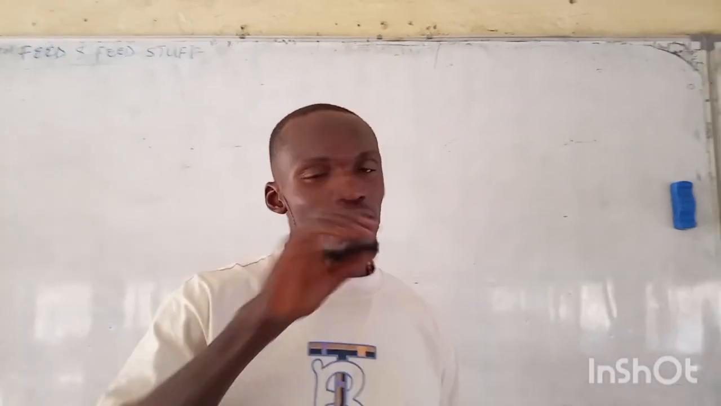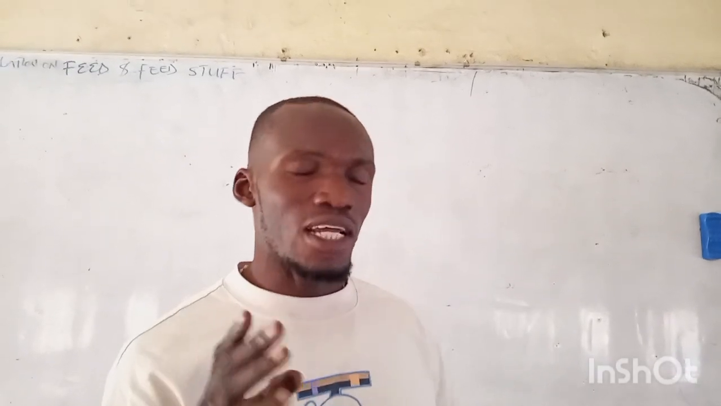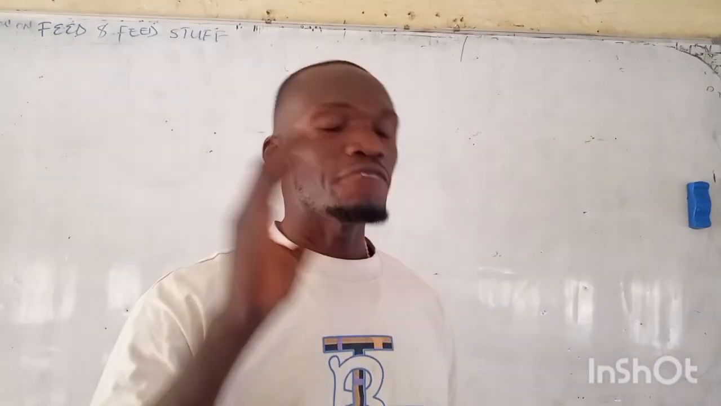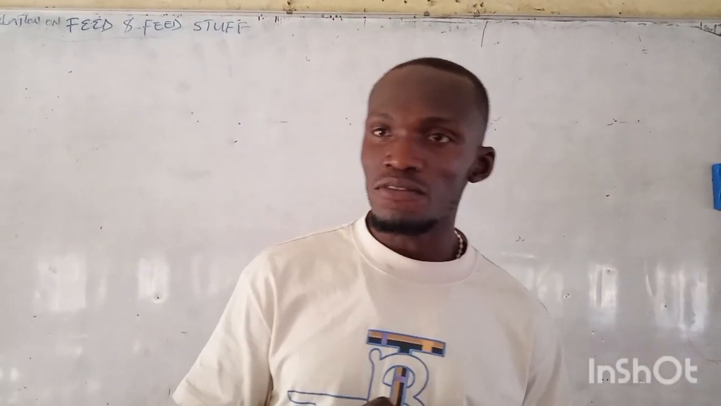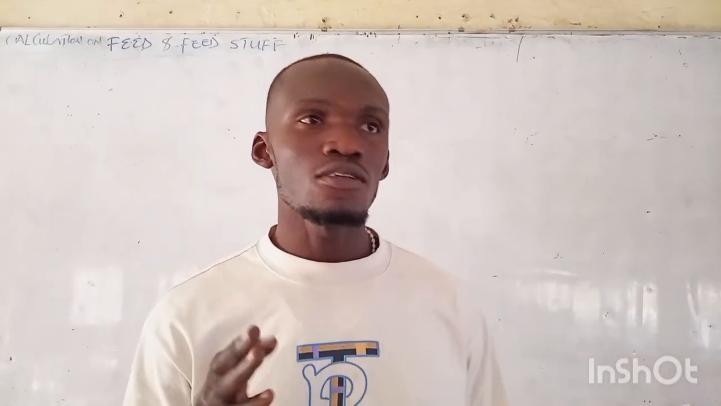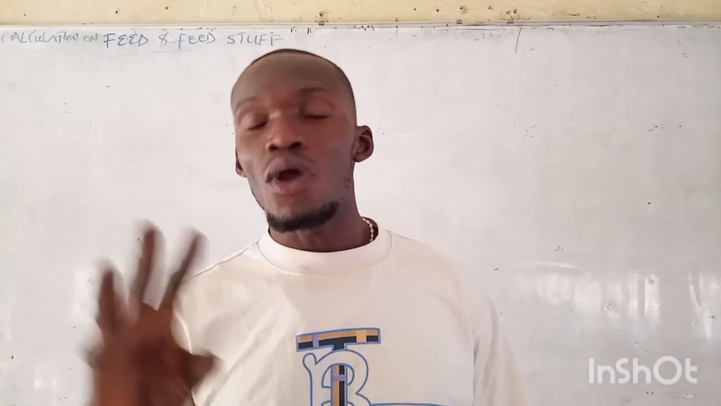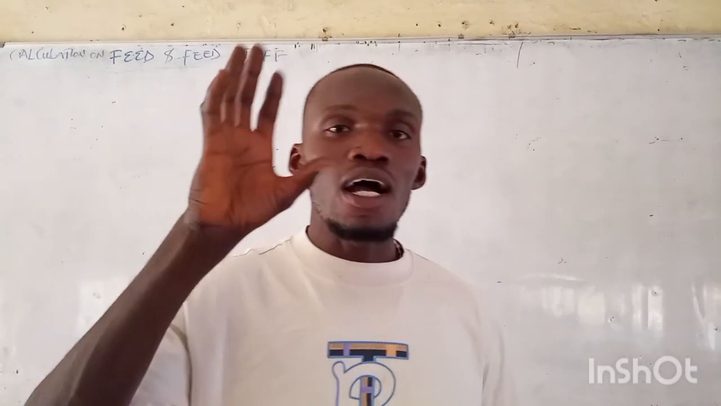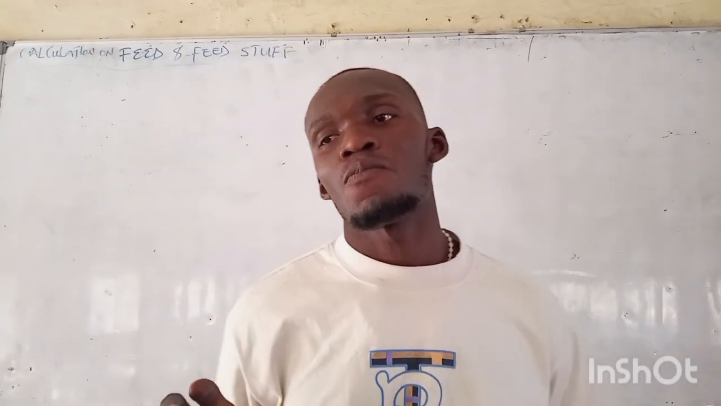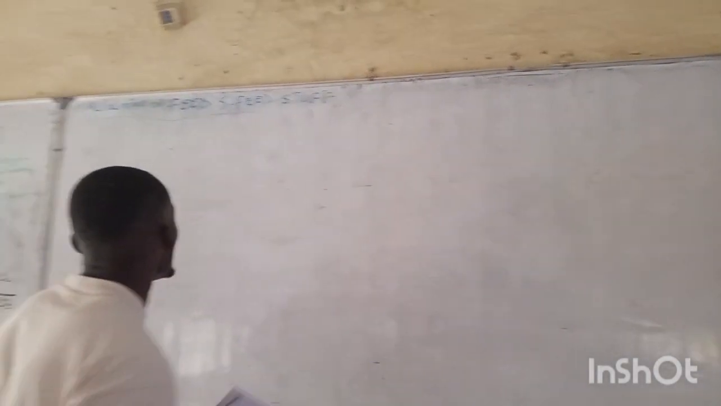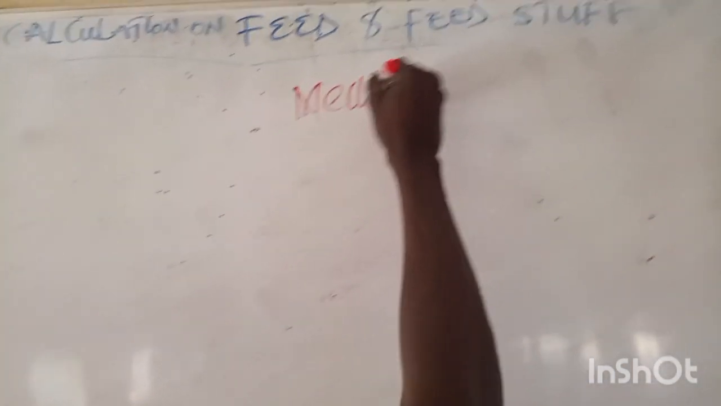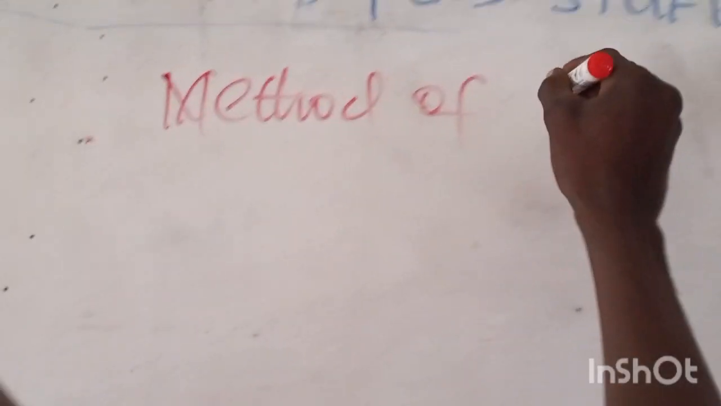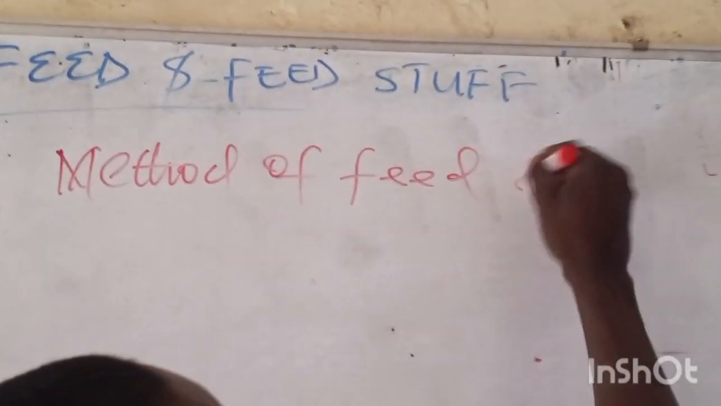Now, in feed formulation, we have three different methods. We have the try and error method. That is the method of feed formulation. We have the Pearson square method, and we have the computer-based formulation. Now, let me just write it down. For the methods of feed formulation,